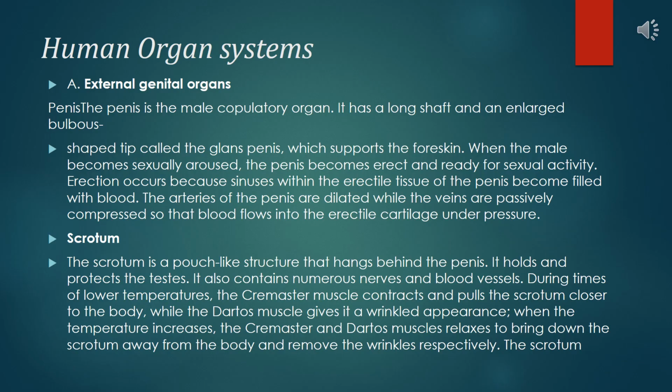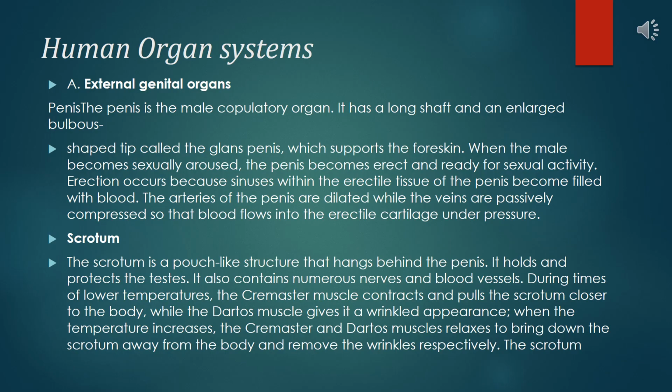External genital organs. Penis is the male copulatory organ. It has a long shaft and enlarged bulbous-shaped tip called the glans penis, which supports the foreskin. When the male becomes sexually aroused, the penis becomes erect and ready for sexual activity. Erection occurs because sinuses within the erectile tissue of the penis become filled with blood. The arteries of the penis are dilated while the veins are passively compressed so that blood flows into the erectile